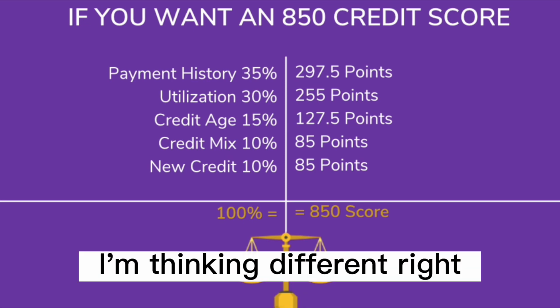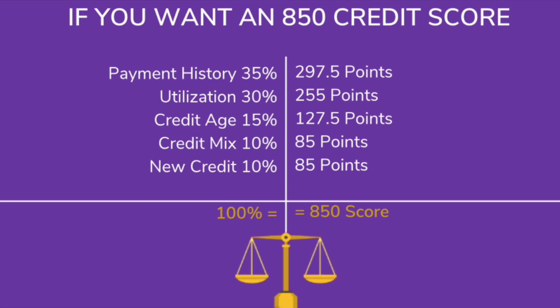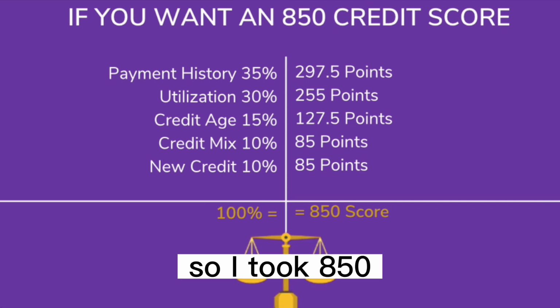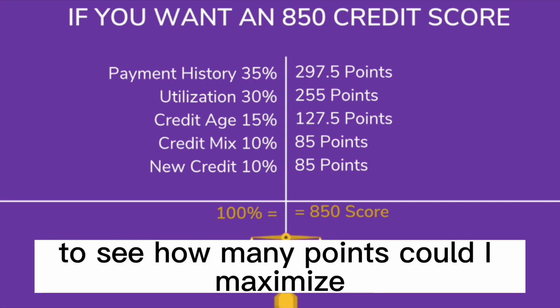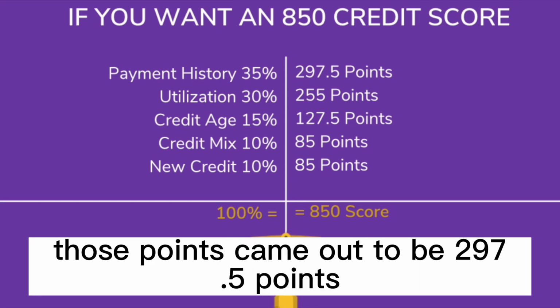I'm thinking different, right? So I'm going to shoot for the skies. But if that's the case, what do I need to do to maximize each section? So I took 850 and I divided it by 35% in the payment history section to see how many points could I maximize if I have a perfect payment history. Those points came out to be